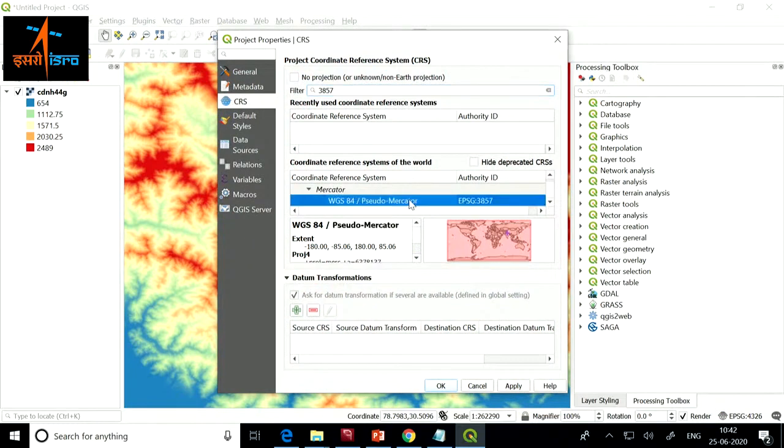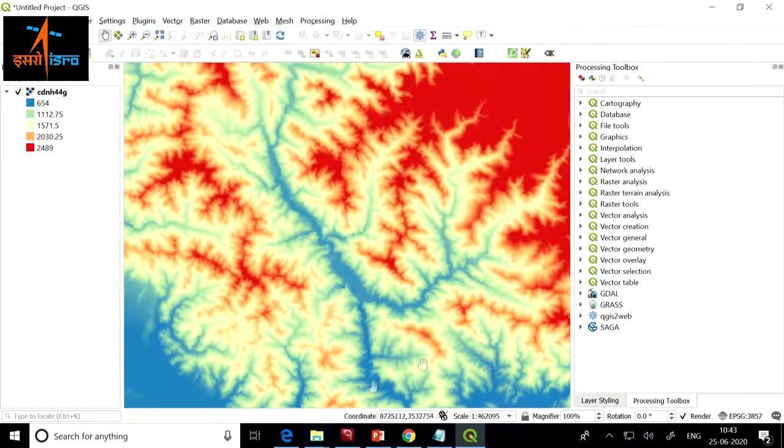You can take UTM 43, 44, 45, whichever your area lies in. Or if you don't know which UTM zone your area lies in, you can simply take pseudo Mercator, that is 3857. This is normally used for web mapping based applications. So write 3857 in this filter, select this, click on OK,